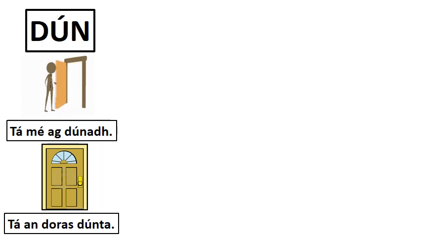Okay, so we have our ag, which means ing, and we have our adjective to say that whatever we wanted to happen has happened. Now we're going to look at the aimsir chaite, past tense, aimsir láithreach, present tense, and aimsir fháistineach, future tense. We can make changes to the beginning of the verb, and you'll see I do those in blue. We can make changes to the end of the verb, and I'll have done those in pink. And for each one of the tenses, I'll have one particular thing that I think it's very important for you to remember. So let's have a look.